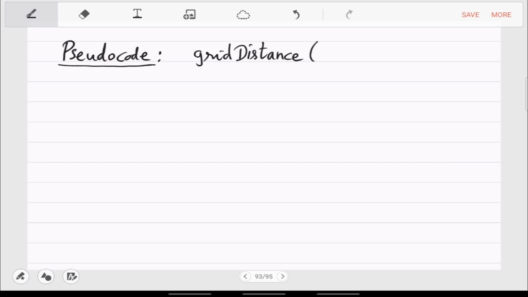Distance on a given grid between S and T with obstacles. So first you set each cell distance to infinity.